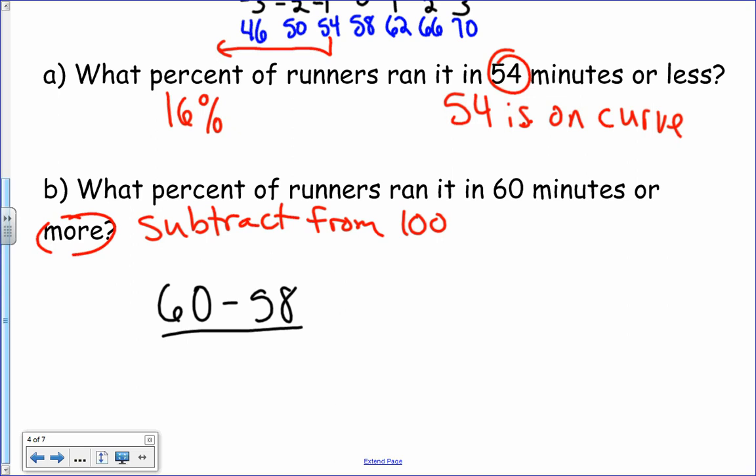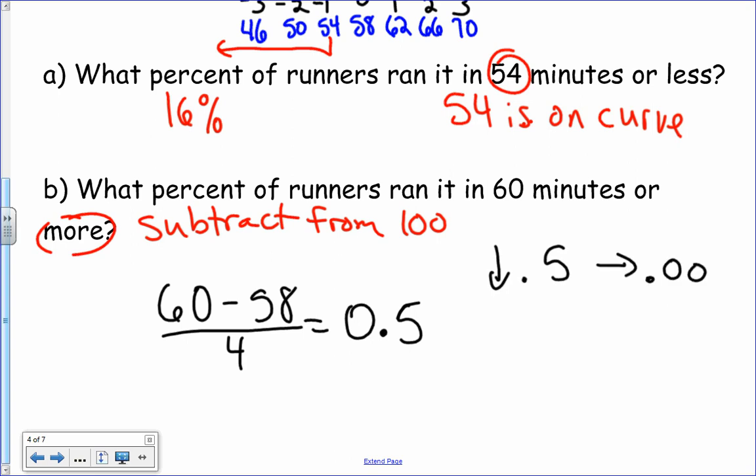The value you're given is 60. The mean is 58. Standard deviation on this one is 2. Gives you a z-score of 0.5. Should be looking at the positive page. Go down to 0.5. Right to 0.00. Your z-score decimal is 0.6915. So this person, look, that 60 is above average, so it's about 70%,